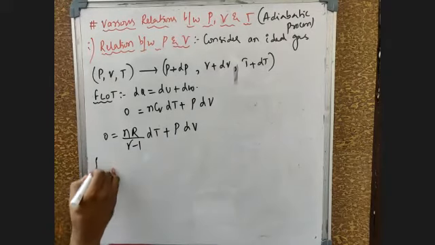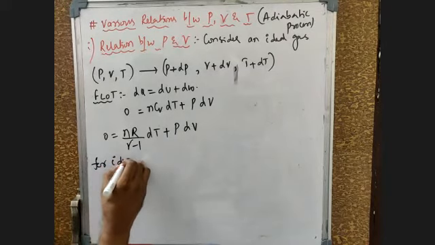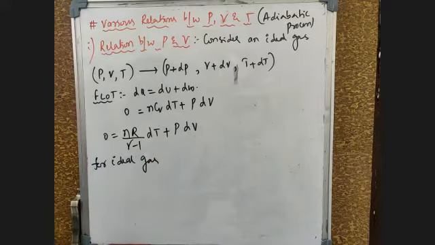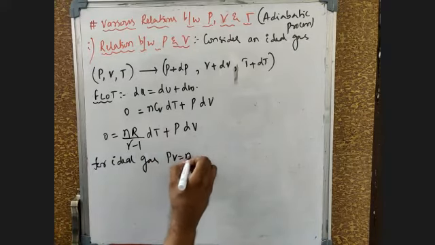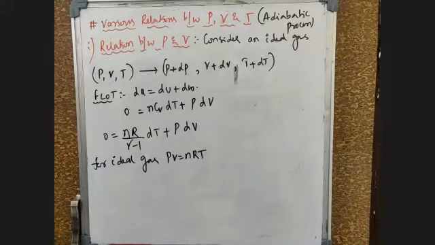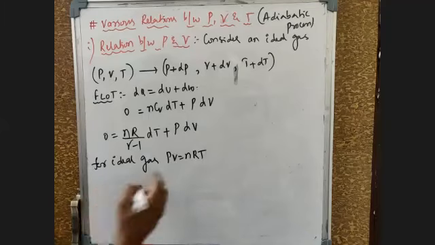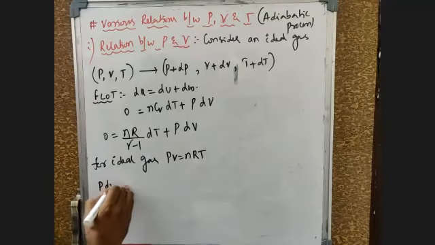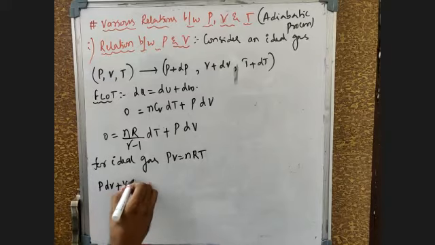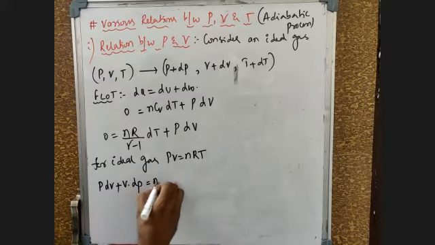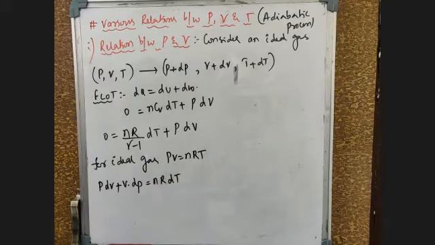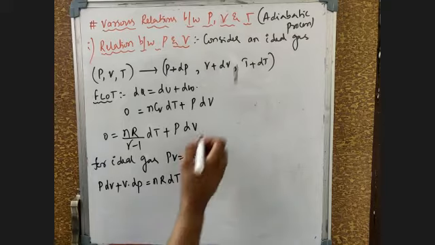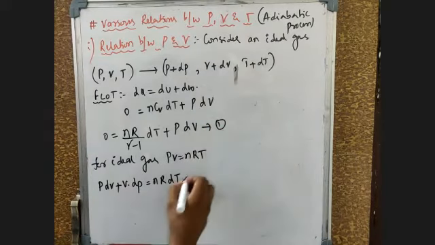Now see, for an ideal gas, we know PV is equal to nRT. So if I differentiate this by the product rule, I keep the pressure P constant and differentiate the second term, plus keeping the second term the same, I differentiate the first term. That is equal to nR into dT. Is the step clear? Which step, sir? Step number 1, this rule?